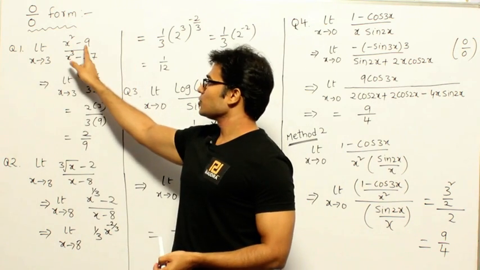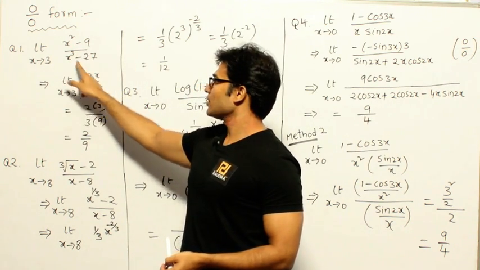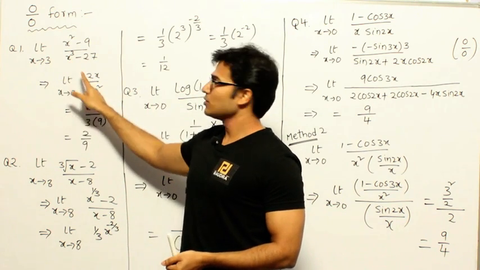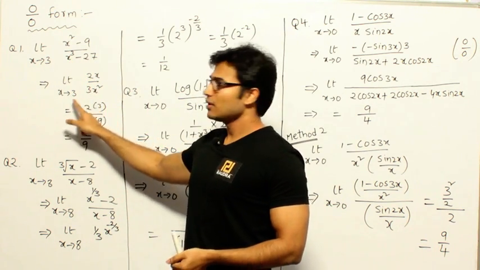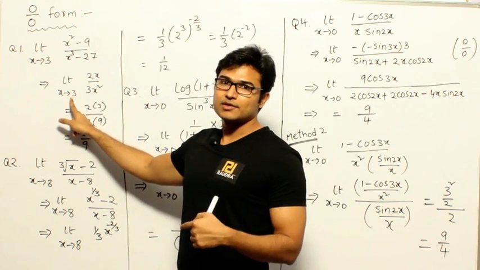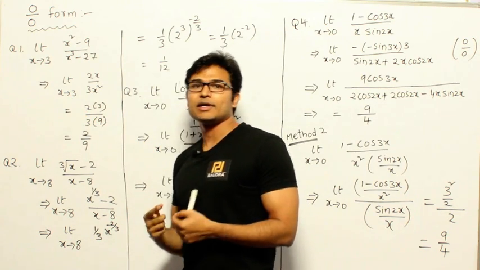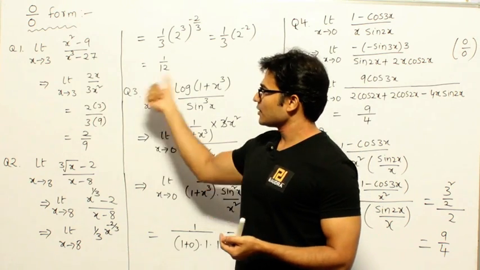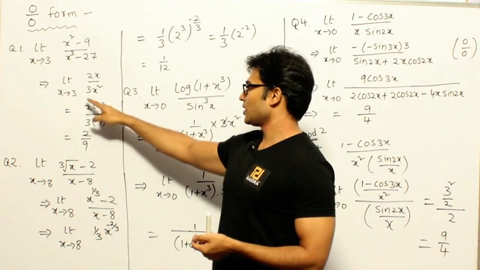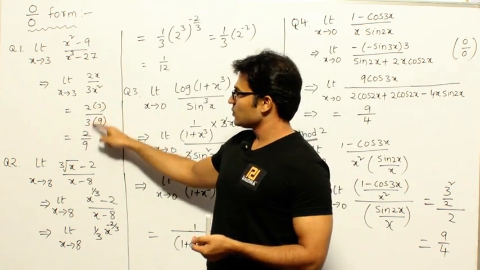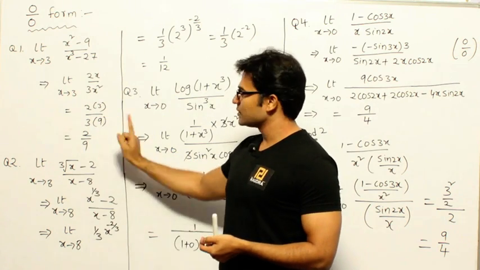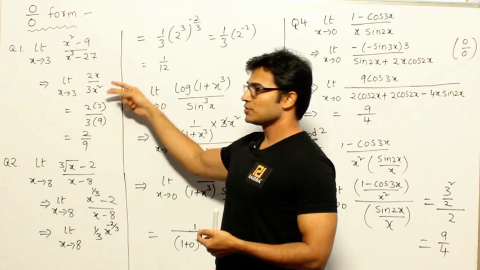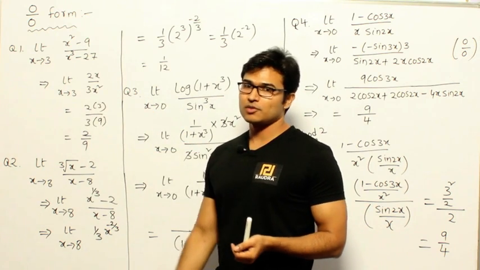Now if I differentiate the numerator, it is going to be 2x. If I differentiate the denominator, it is going to be 3x square, right? 2x divided by 3x square. Now you try to apply the limit. See, after every time you apply the L'Hospital's rule, which means the derivation, you are supposed to again apply the limit. Now if you apply the limit, in this case you didn't get 0 by 0 form, so that is the answer. Okay, so if you get 0 by 0, again you are supposed to differentiate numerator and denominator.